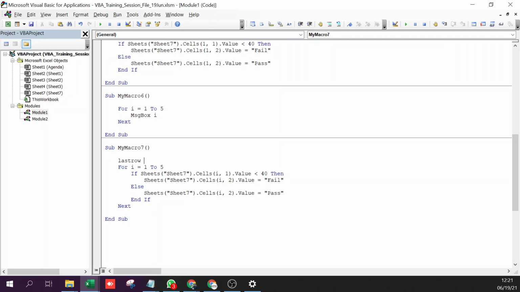So this is how I arrived at this syntax, and I like to normally call it last row as a variable, or LR equal to. I have a cheat sheet as well, which I'll share with you guys, which has some of these syntaxes written.